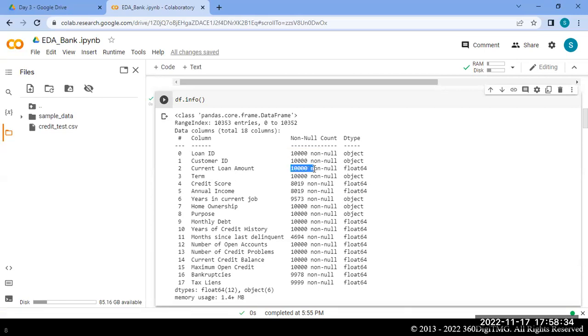Here also we have 10,000, and here also 10,000 entries. Here we have just 8,000 entries. That means credit score is missing for the rest of the people. Total we have 10,000, and among those only 8,000 have it; for the rest we don't have any data, so we will consider those as missing values.